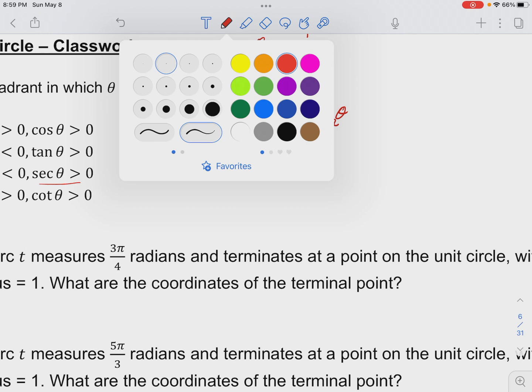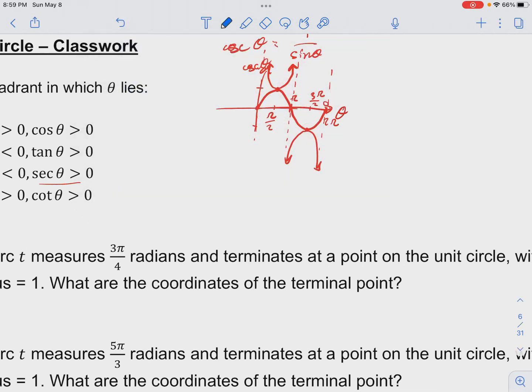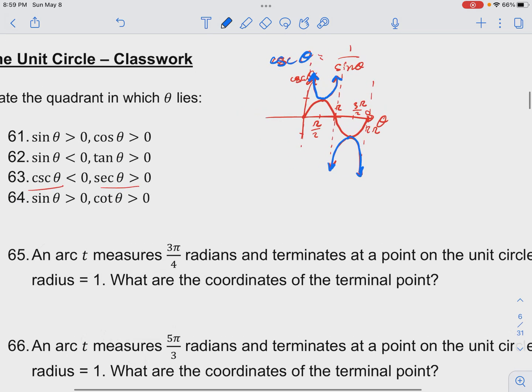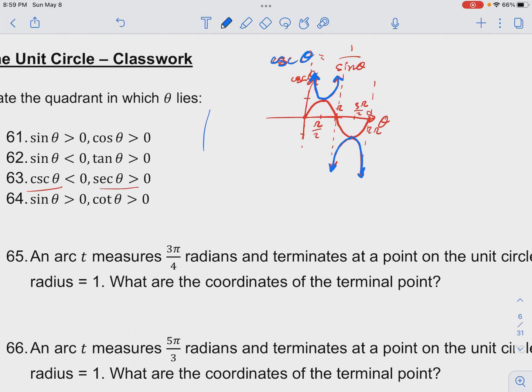So actually, let me put that in a different color to make it a little easier to see. So our value for cosecant is given in blue. And so now we can make a sign chart of how it looks around the unit circle. So cosecant